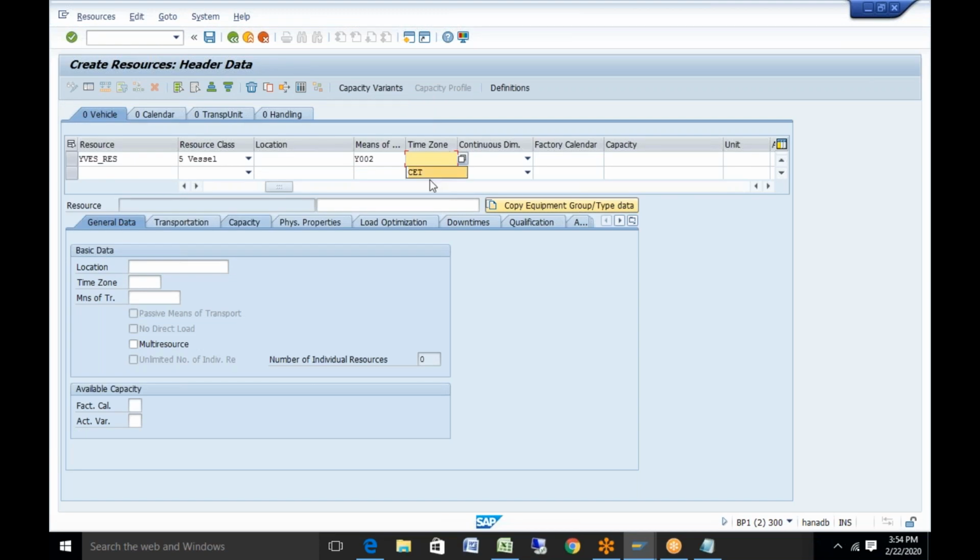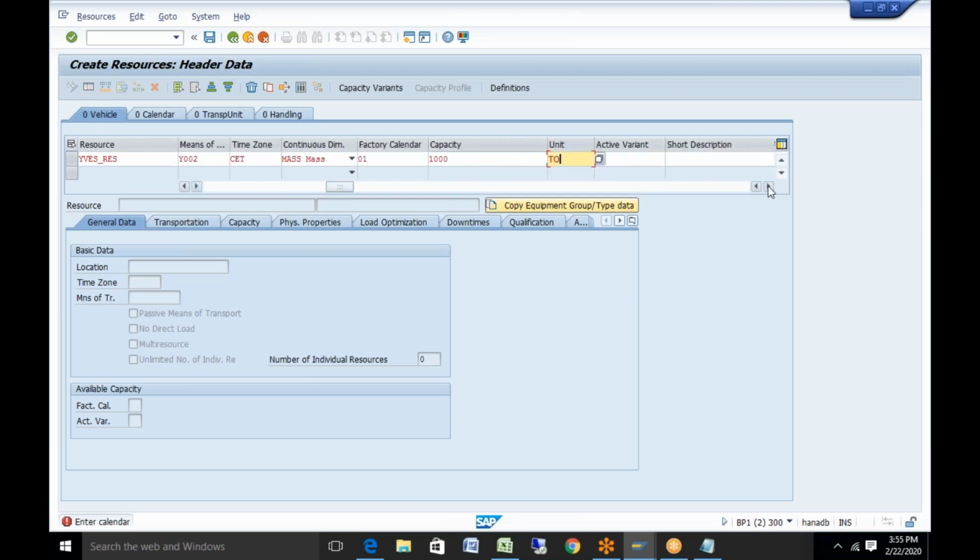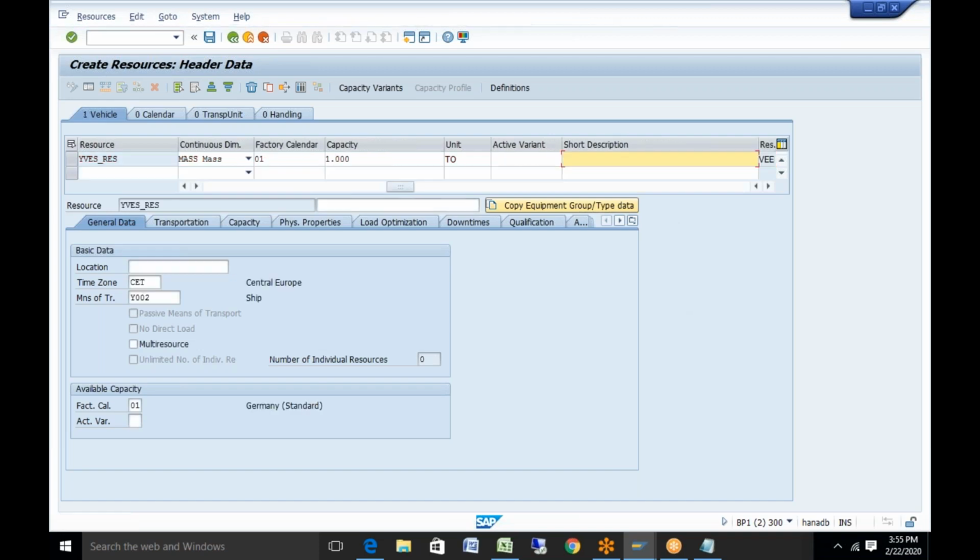So I give a time zone, I give the dimension, I give factory calendar, I give capacity. Then I press enter. I give some name like vessel resource. I give some transportation information here.